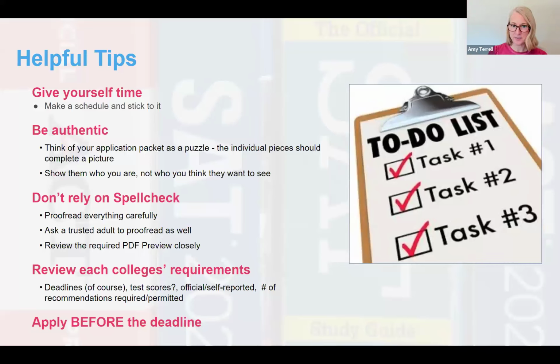Right. So some final helpful tips. Andrea mentioned this a lot before, but give yourself time. That's why we say, do everything you can now. Just check it off the list, and then make a schedule and stick to that. Budget time. Say, okay, this month I am going to work on my personal statement and aim to get it done by July 31st. And just stick to that,